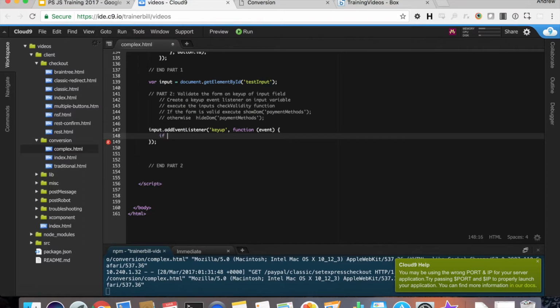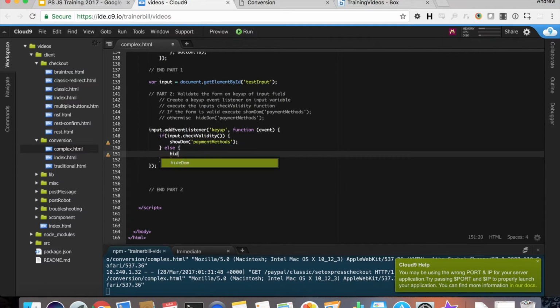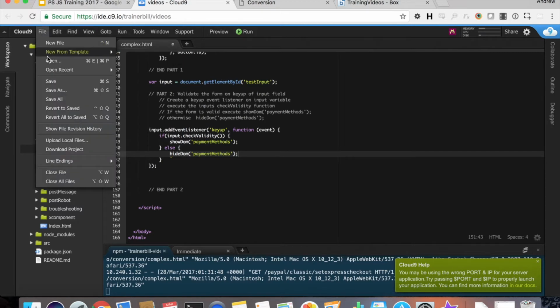All right, so we say if input.checkValidity. So if it's valid, we are going to show DOM payment methods. Else, we are going to hide DOM payment methods. All right, so now if I save this,